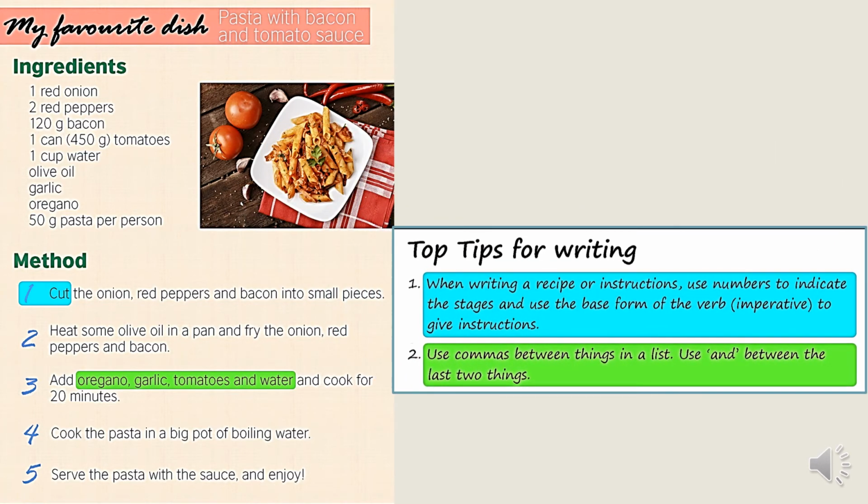And you have the top tips for writing a recipe. Alright? You have there 2 tips. Number 1. When writing a recipe or instructions, use numbers to indicate the stages and use the base form of the verb